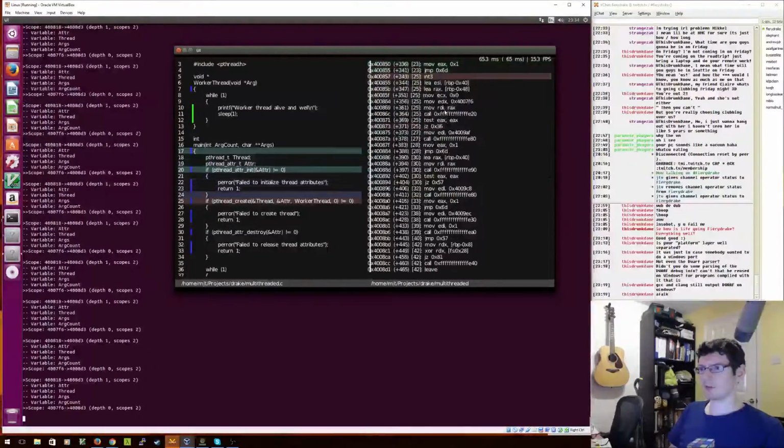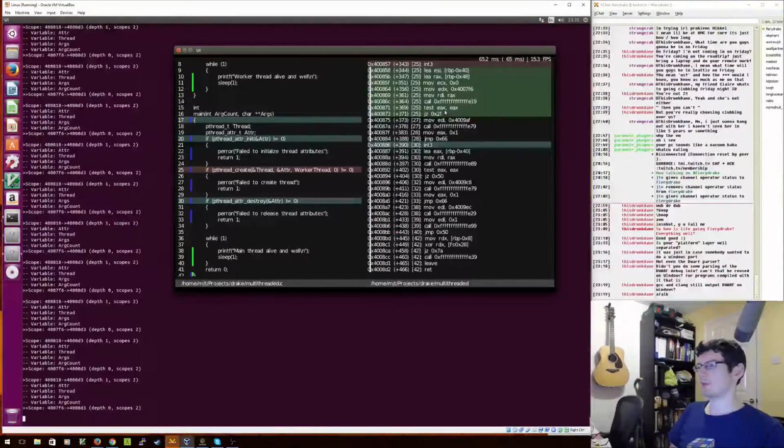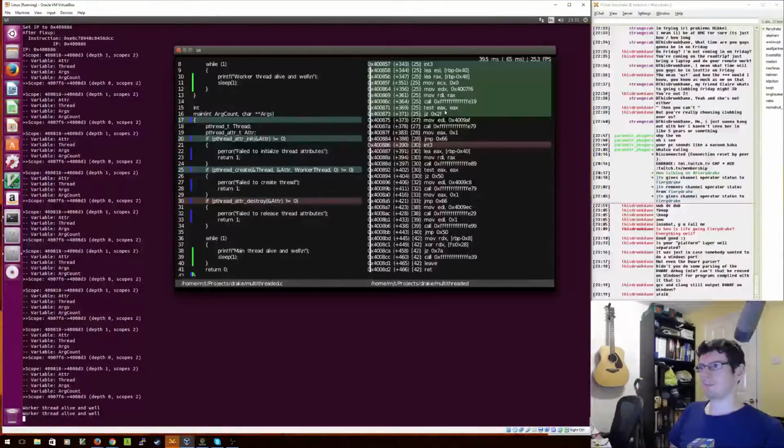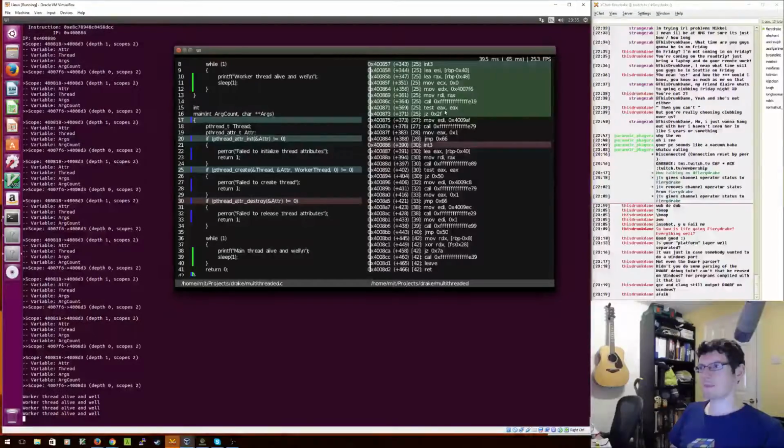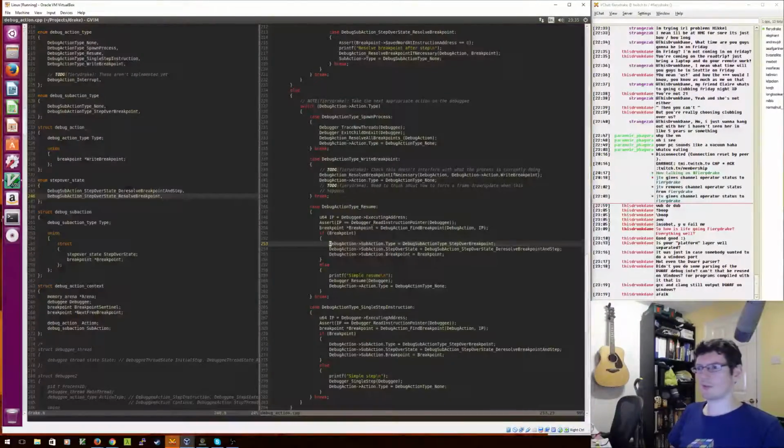Set a breakpoint here and see what happens if we step over this. Okay, well it seems to work, it's just we've got a curious case of stepping twice. Oh, okay, so for this one,